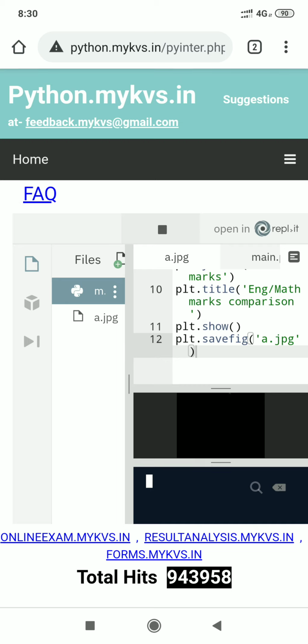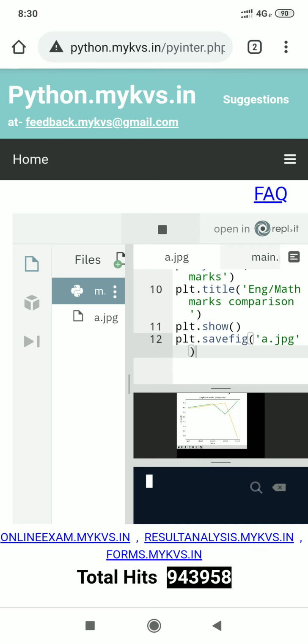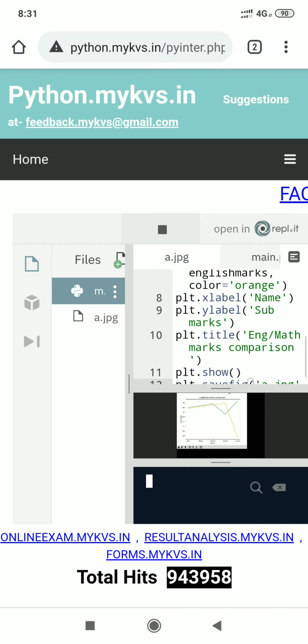As part of the graph, I am executing this again, but you can see that there are two lines, one with orange color and another with green color, and there are 5 names on the x-axis and percentage is written on the y-axis, and as per the data lines are drawn.